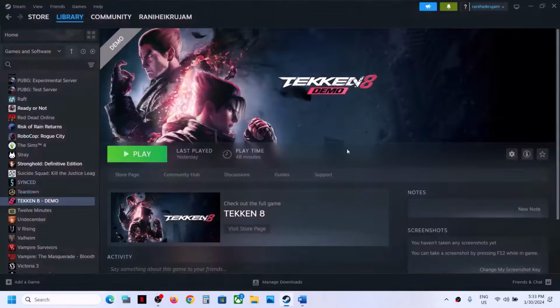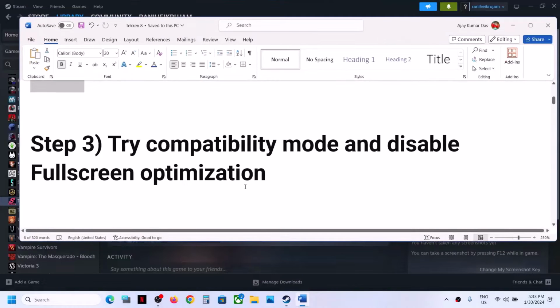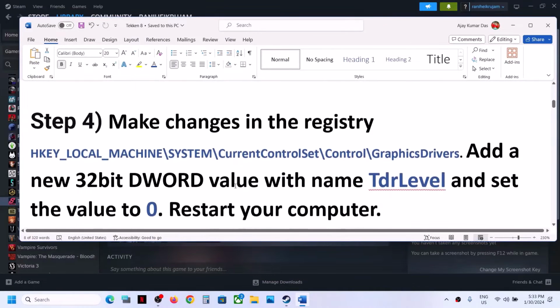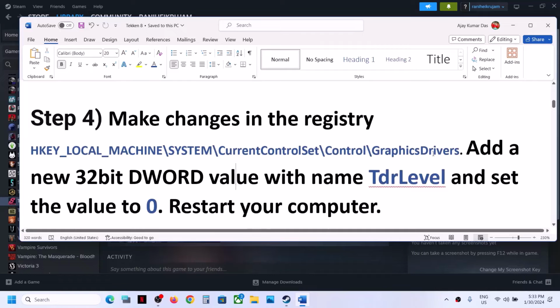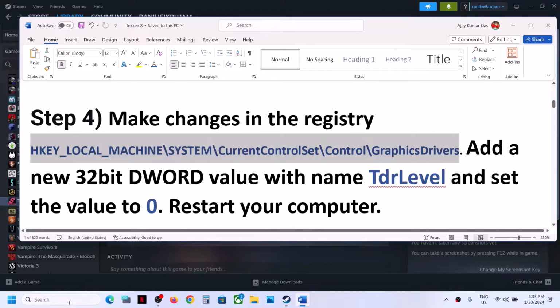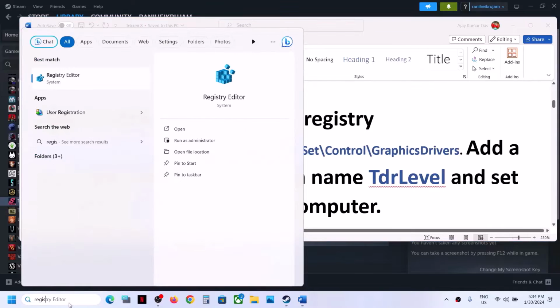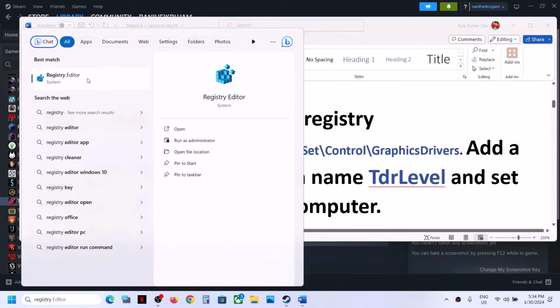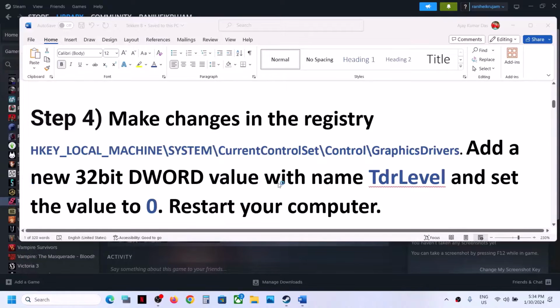Now the next step is to make changes in the registry. Now this has worked for few players, so it might work for you. So you can go to this location. So type in registry editor in Windows search box, and then click on registry editor, click on yes to allow, and then